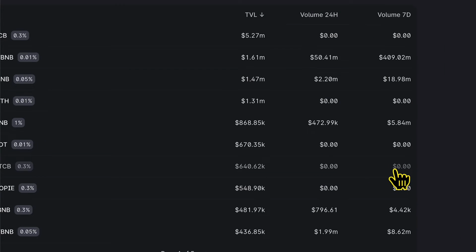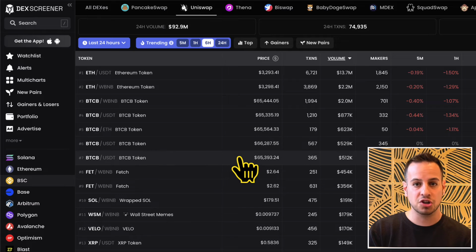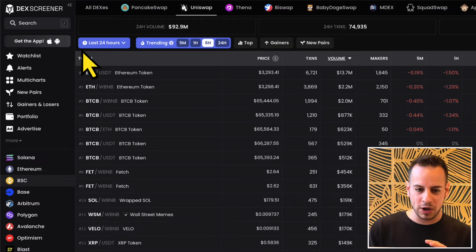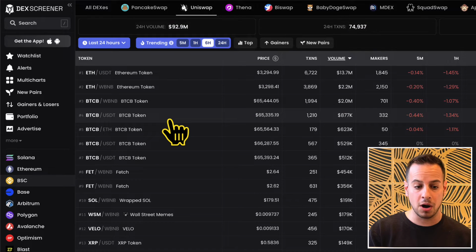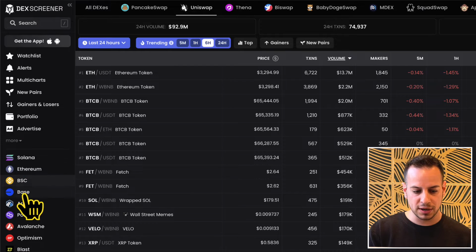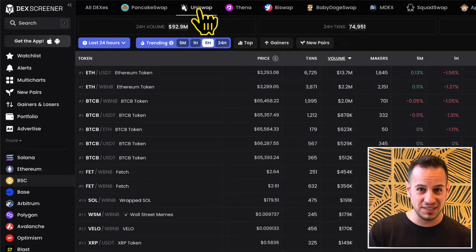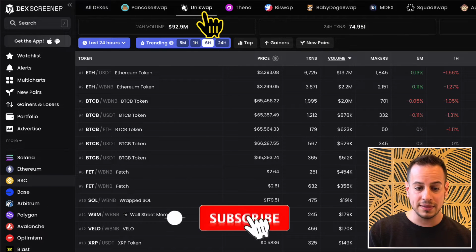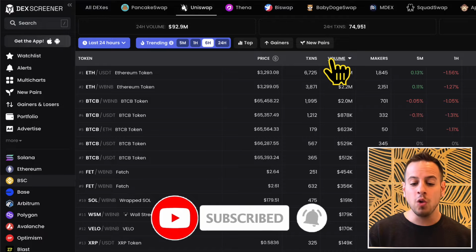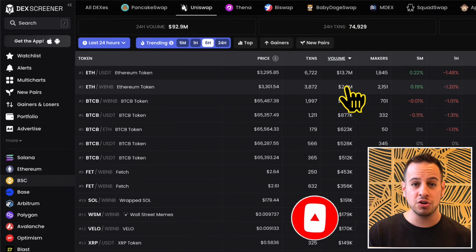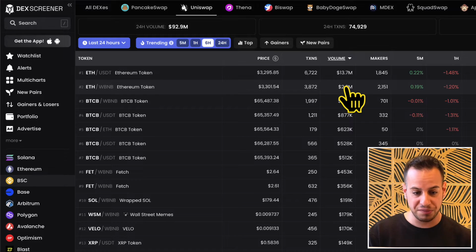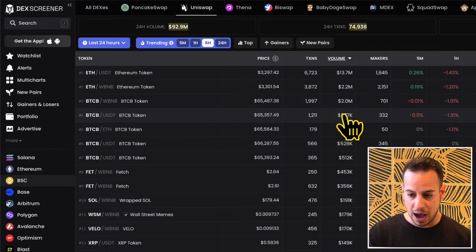Now here we don't have the volume. So how can we know how much APR, how much return we're going to make based on the volume? The solution is going to DEX Screener. DEX Screener is an awesome website that shows you a lot of decentralized exchanges and a lot of interesting information about the pairs. So I go to DEX Screener and I go here to BSC, Binance Smart Chain, and I filter here Uniswap. So this is how I found this opportunity. I went to BSC and then Uniswap. Then I sort all the pairs by volume so I can see which pairs generate the most fees. And here we found our pair.